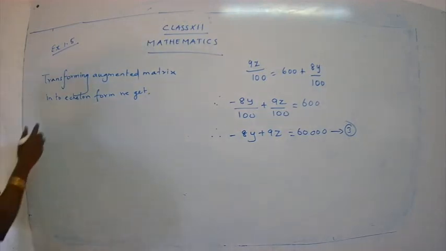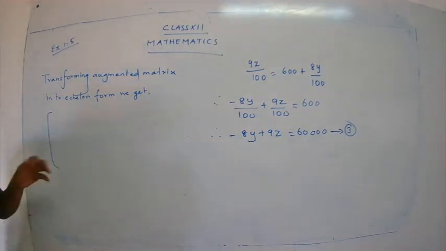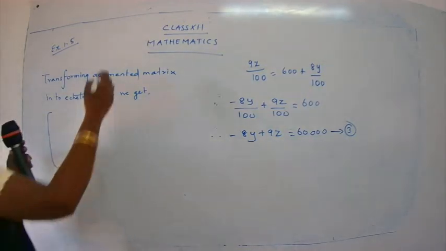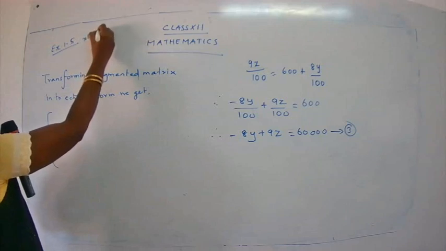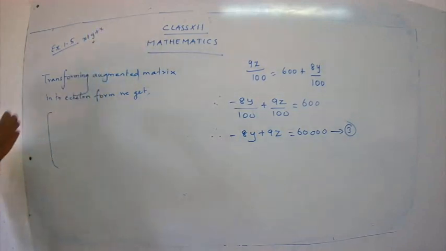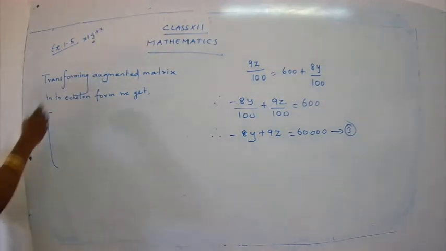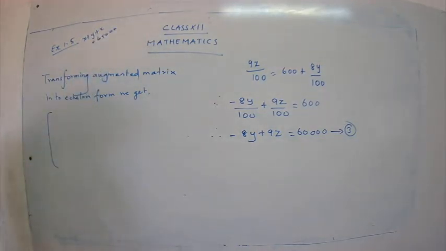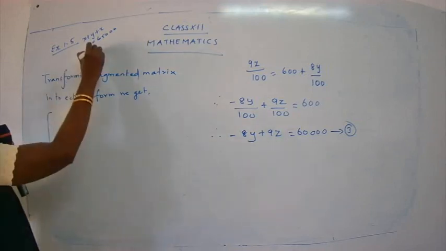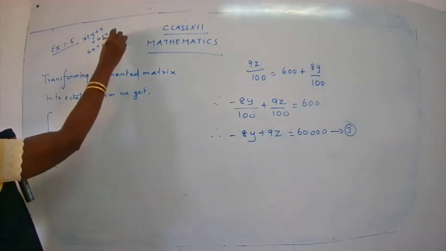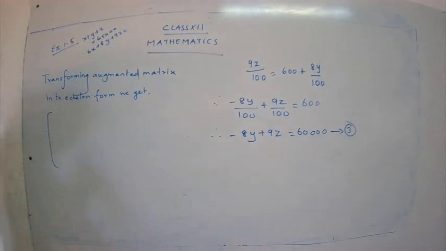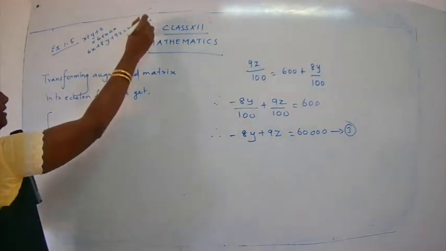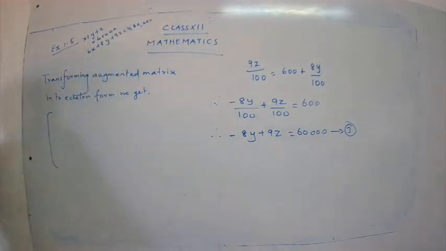See, for the augmented matrix, you have to take down the equations. I have only one equation over here. What was the first equation? This is just for my reference, okay? x plus y plus z is equal to 65,000. And the next one was 6x plus 8y plus 9z is equal to 4,80,000. So we had these equations, 1, 2, 3.